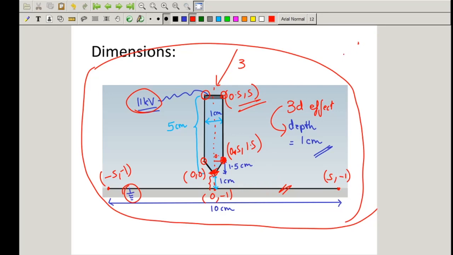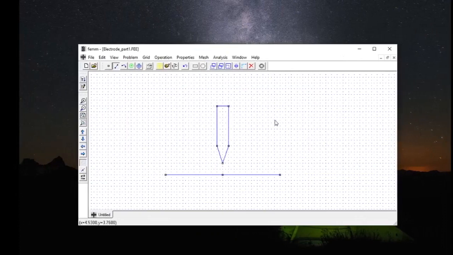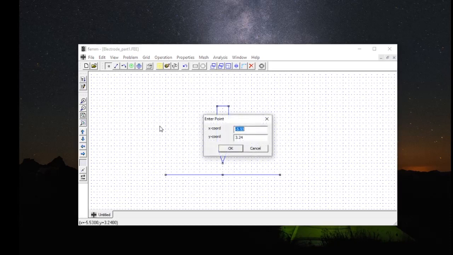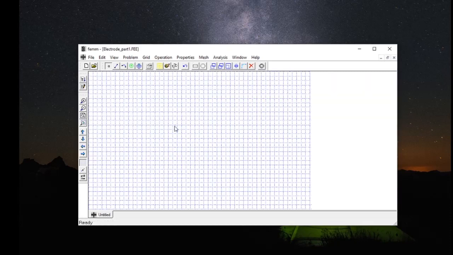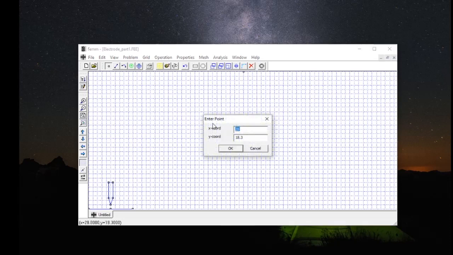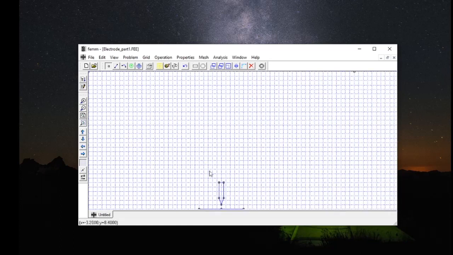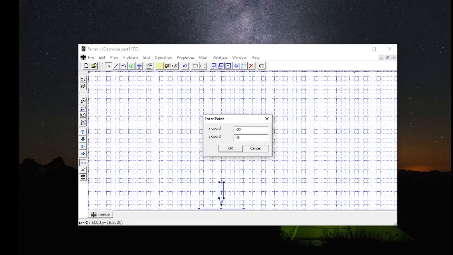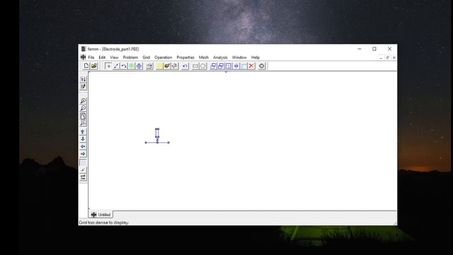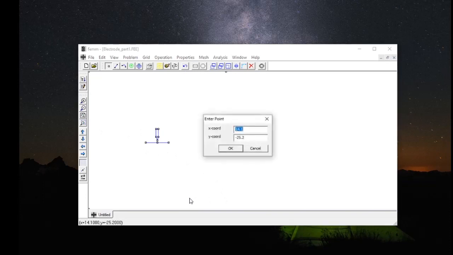Right. To do that, I'll come here and press this node button, and then enter 30 comma 30, which is here, and then -30 comma 30, which is here. So -30 comma 30, -30 comma -30, and then the other is 30 comma -30, it's here.